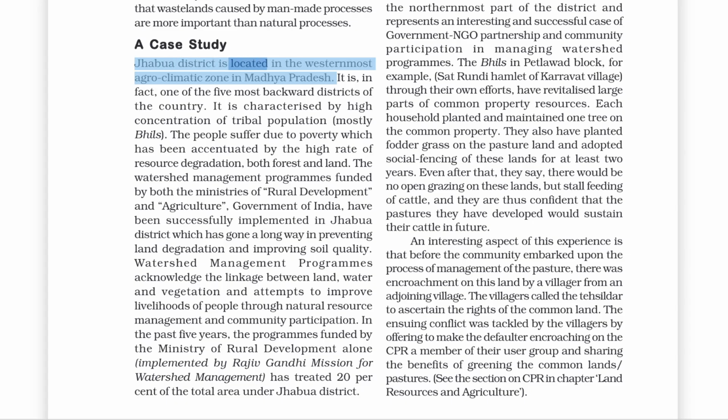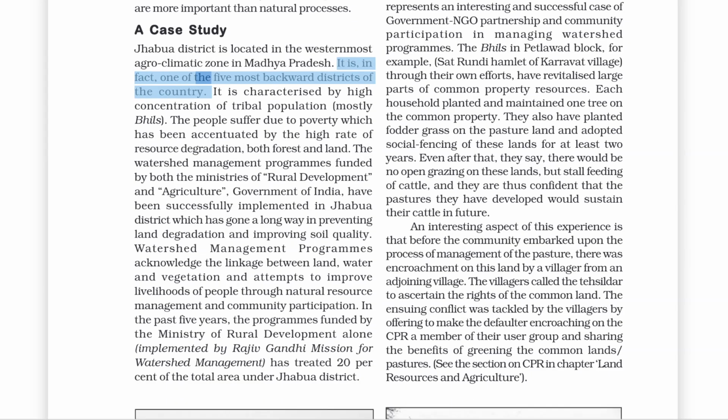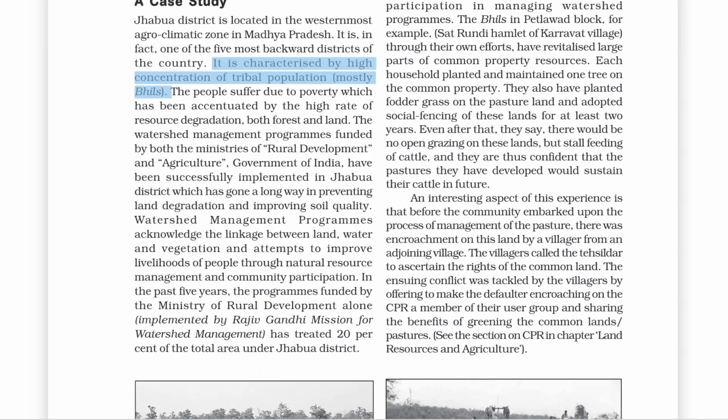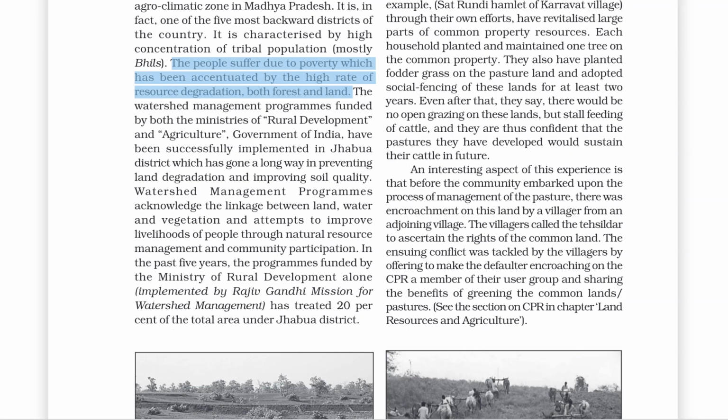Jhabua district is located in the westernmost agroclimatic zone in Madhya Pradesh. It is, in fact, one of the 5 most backward districts of the country. It is characterized by high concentration of tribal population, mostly Bhils. The people suffer due to poverty, which has been accentuated by the high rate of resource degradation, both forest and